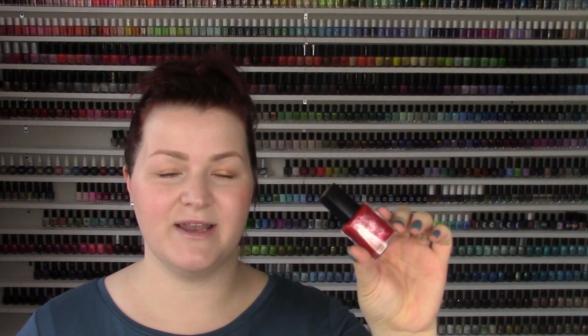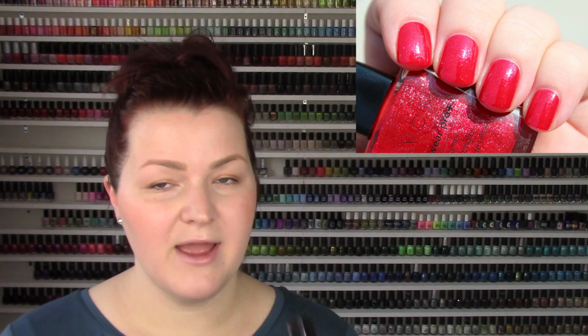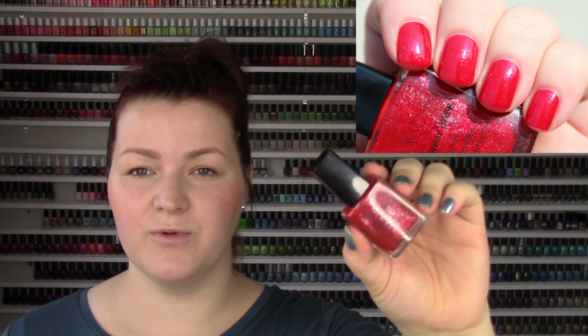So let's talk about polish. This first polish we're going to talk about today is from Avon, and I'm probably going to be featuring some Avon for a while because I did haul like 15 of them or so last week or the week before. So today we're looking at one called Ruby Slipper, and this is definitely a ruby scarlet red,